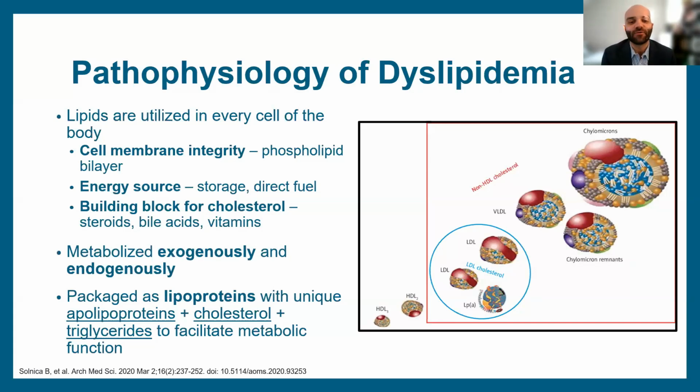But when we think of the lipoproteins, they're packaged with apolipoproteins, kind of a marker for each one. They have cholesterols as well as triglycerides, and they're kind of the vehicle for them in order to facilitate a lot of these different metabolic functions. We're going to have ones with different combinations of some of these different aspects: the apolipoproteins, cholesterol, and triglycerides. So they'll each have their own little recipe.